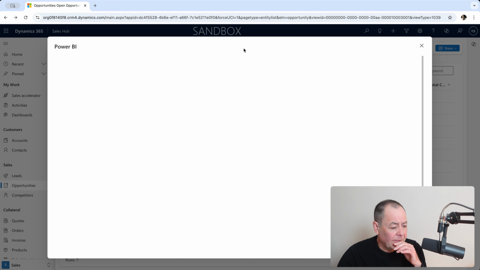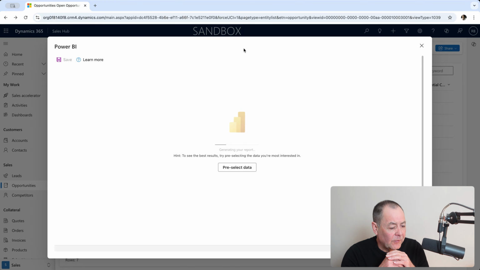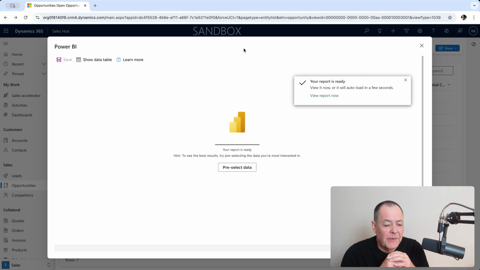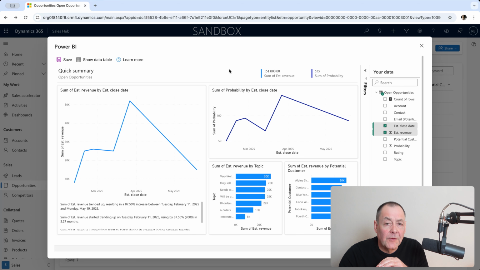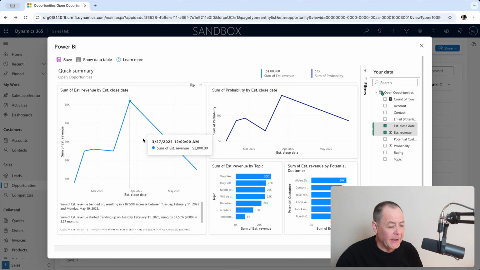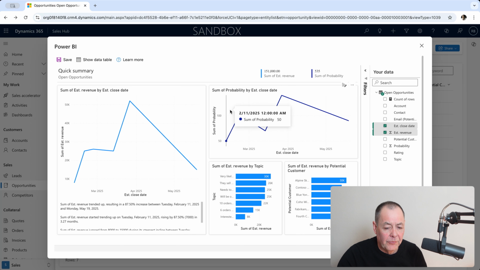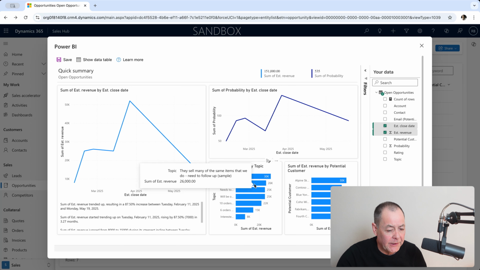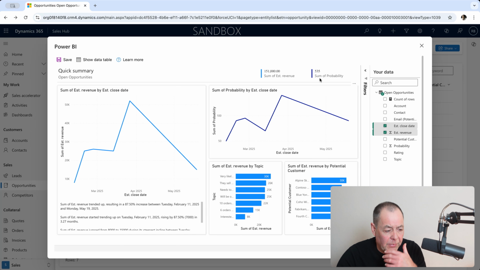Now, if I click this, it's going to go off and interpret that data. Effectively what it's doing is saying, I'm going to look at that data and I'm going to surface what I think is the most interesting graphical representations of it. So that's now come back as a series of charts. So just to show what we've got on the screen here, we've got a number of graphs and charts appearing. We've also got some summary information, one of which is sum of probability, which is perhaps not the most useful